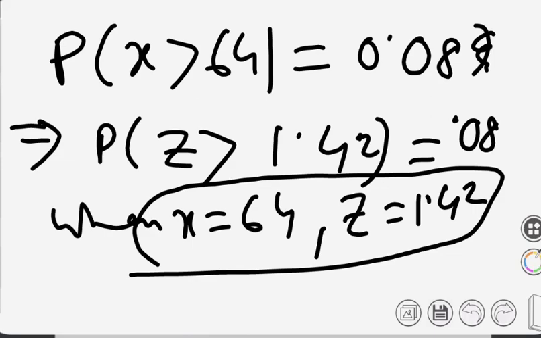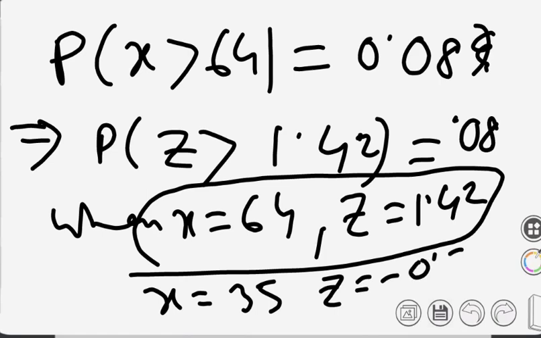এটা একটা, আর আগেরটা কি পেয়েছি? When x equals to কত জানো? 45. z equals to minus 0.5, তাই তো? 35 sir, na 45. 45. When x equals to 45, z equals to minus 0.5. So use these two relations to find out because we have the formula. What is the formula we will be using? Please tell me. So z equals to x minus mu by sigma, right?